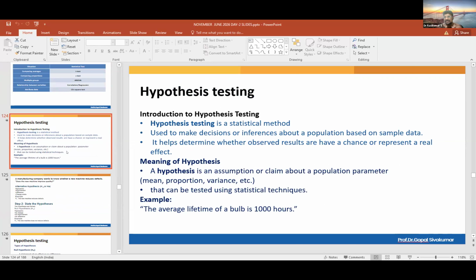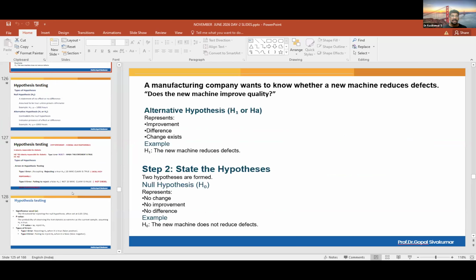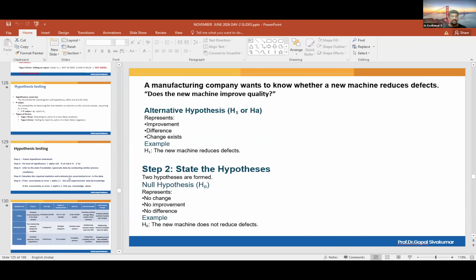Alternate hypothesis is very simple, guys. It is just like an opposition party in the legislative assembly and parliament. Whatever the ruling party says, the opposition party will 99% oppose it. Alternate hypothesis is the same thing. Null hypothesis says 1000 hours. We say no. We say it is not true. That is the alternative hypothesis. Okay, so your first job is to create the null hypothesis and alternate hypothesis.